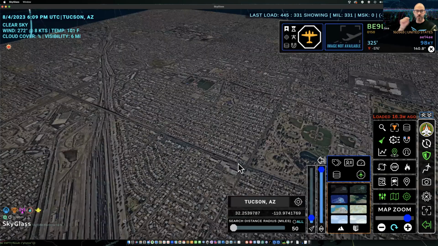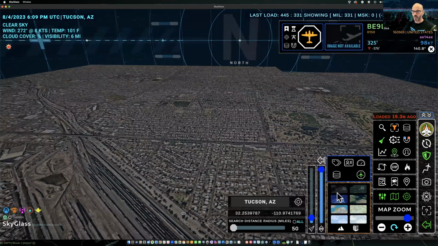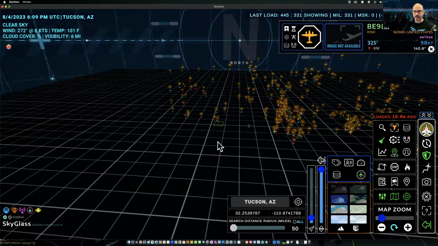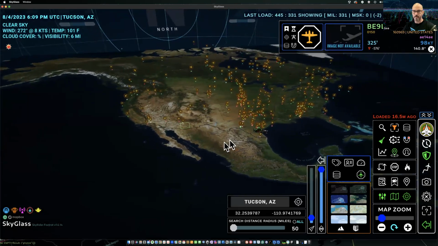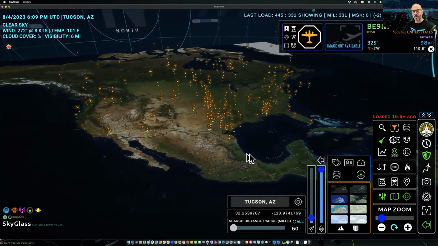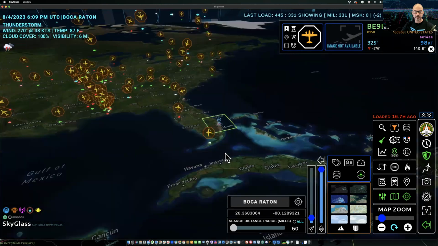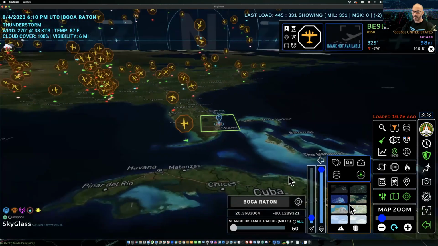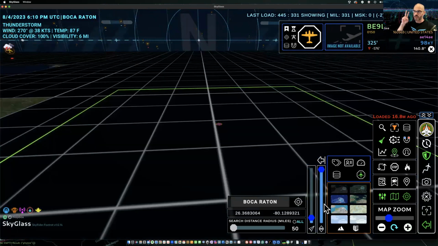But as I said, full deflection to the right will give you basically a city block. And then if you click way out here, you can get more of a continental sort of a view. So the thing to remember is, so let me dial in, put in like Boca Raton, my neck of the woods, and I'll zoom the map in. As you change the map zoom level, you may want to then adjust two things. First is this,